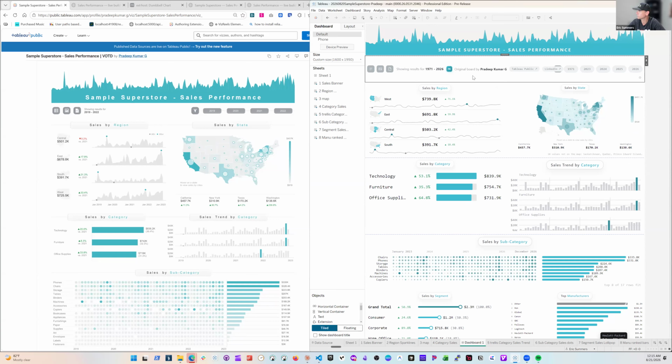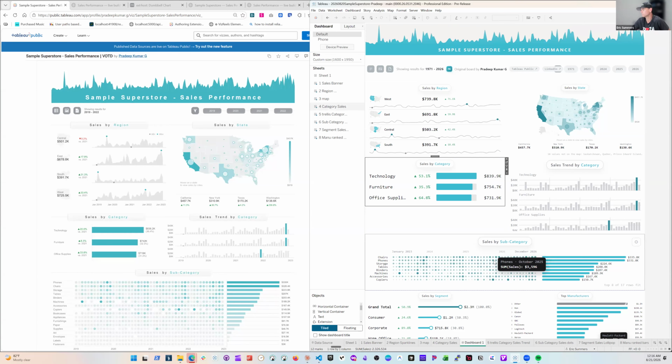Trying to get the attribution bar fixed here. Let's see if it loads. No. We'll see if I'll get that loaded. I don't know actually if this is going to even publish on public. I'll have to convert every one of the Viz extensions into another element to get that to work. So we'll see. But overall,